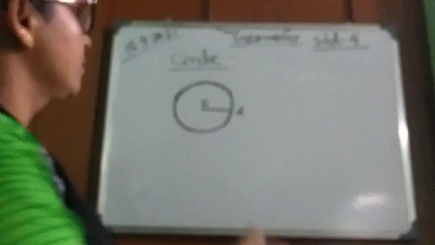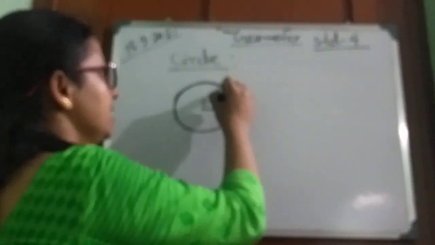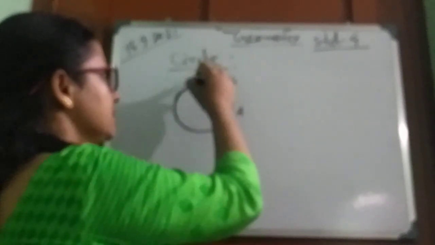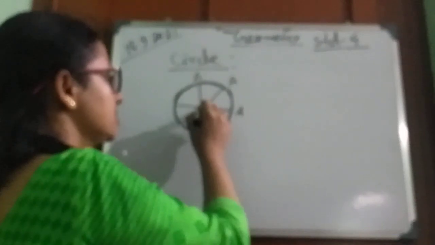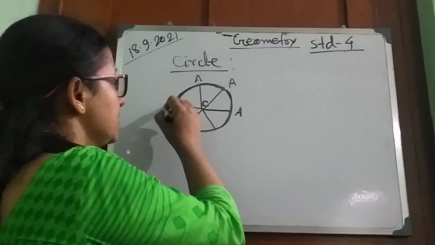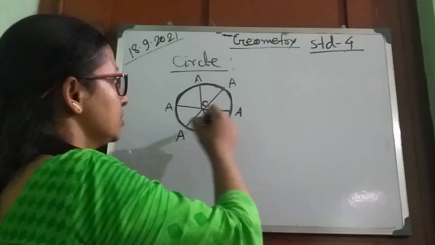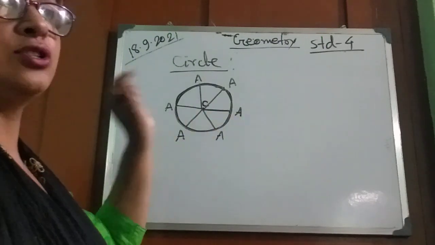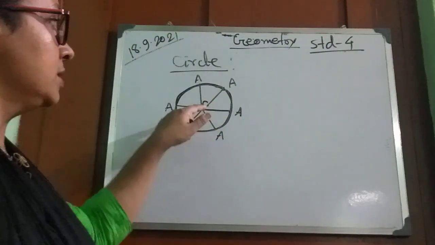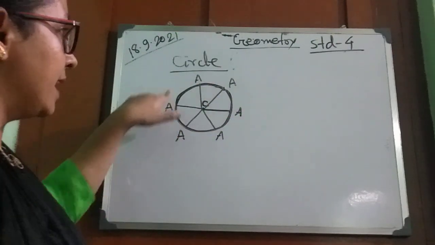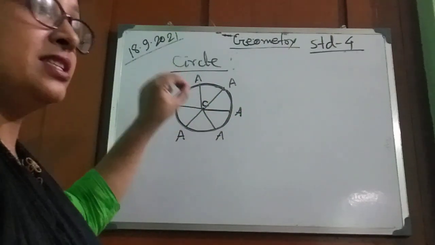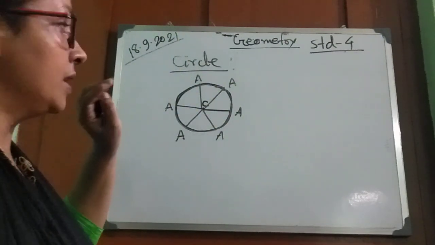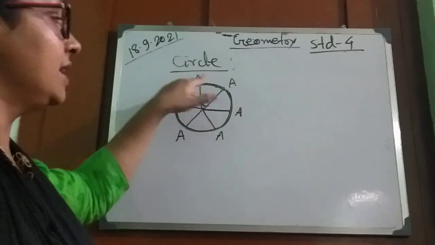And obviously, wherever the point A is, the distance from C is the same. In all places when A is moving around C, the distance of A from C is always fixed. So the point A is moving around a fixed point. C is the fixed point. A is moving around C in a round or curved path and making one circle.